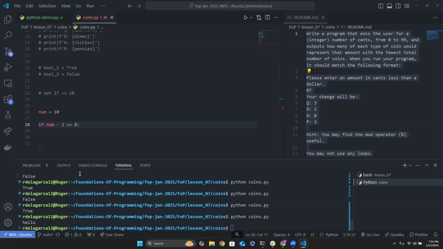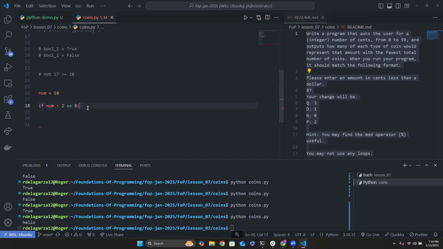Now, to start the data flow of a code block to do something, in JavaScript you're very used to saying if num minus 2 is equal to 8, and then you would do a space and start curly braces. You don't do that in Python. You do not need curly braces. You start it with a colon and just a colon. That colon specifies to your code that you're starting a new code block. But Roger, how does my code know where it starts and ends if it doesn't have curly braces? Well, that's represented by the